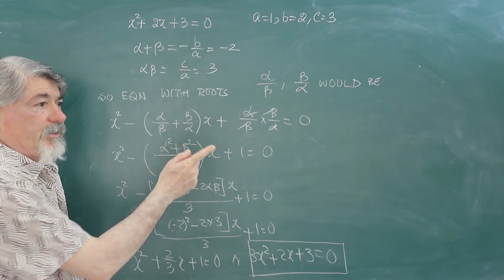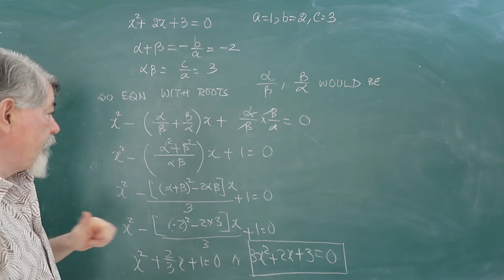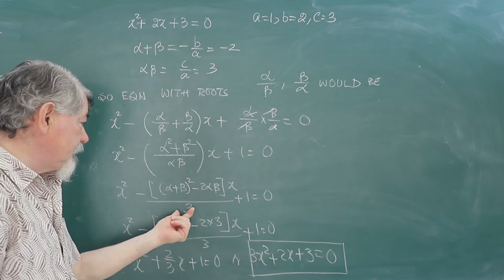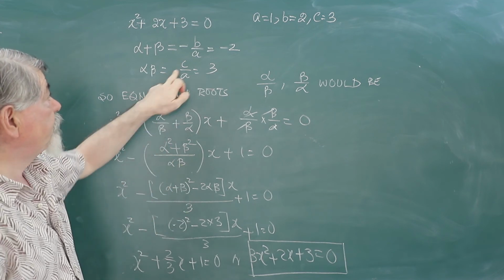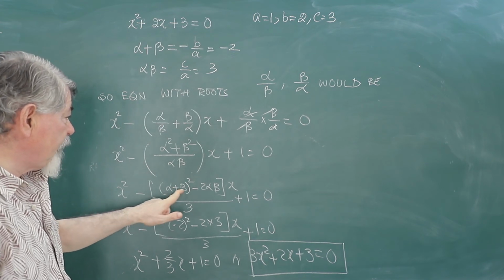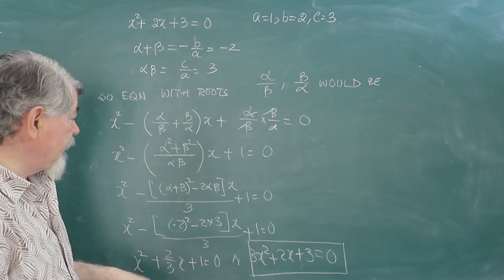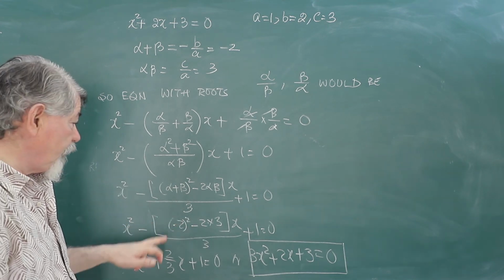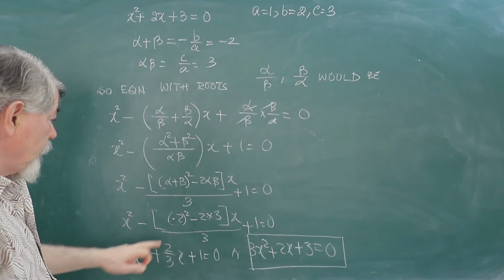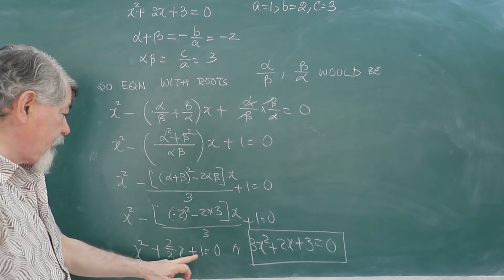Again alpha square plus beta square, you know, is alpha plus beta whole square minus 2 alpha beta. And this is in the numerator, with alpha beta in the denominator, whose value is 3. So now let us solve it. Alpha plus beta is minus 2, whole square, minus 2 into 3. Minus 2 whole square is 4. 4 minus 6 is minus 2, but it is outside minus, so it will become plus 2 upon 3x plus 1.